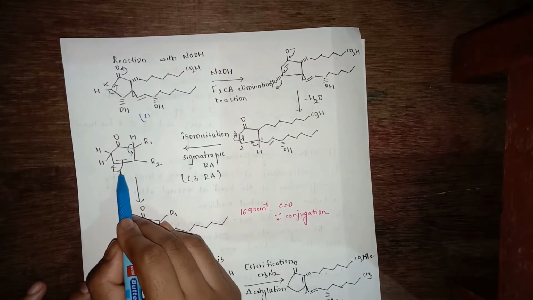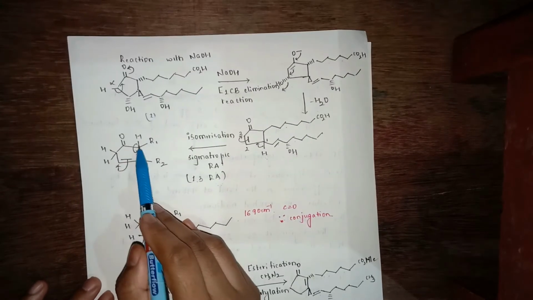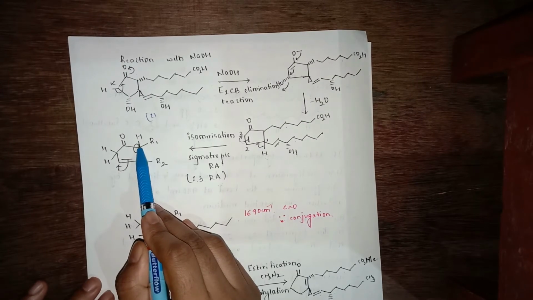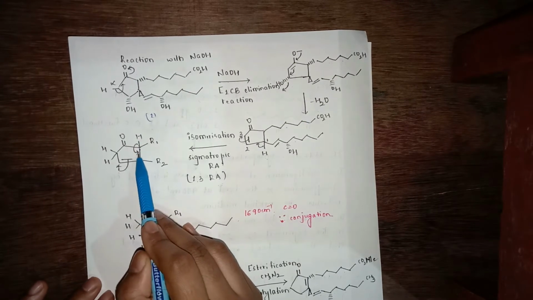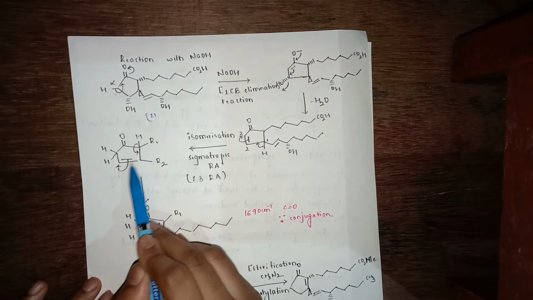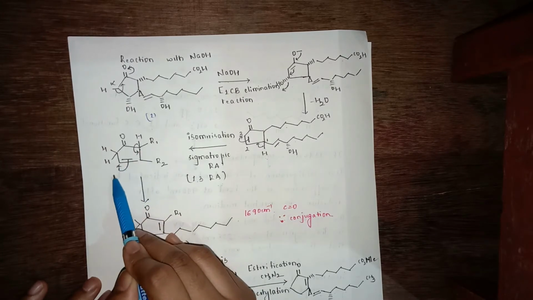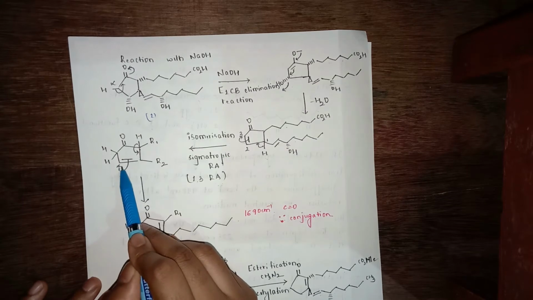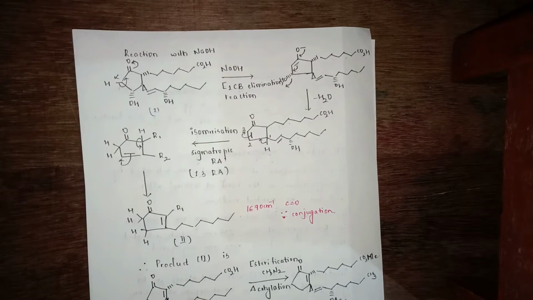Now after this sigmatropic rearrangement happens, there is another proton present over here. Now this is going to be lost. Again this proton is going to be lost, and again there is an introduction of this double bond and a proton replacement at this particular position, that is the 11 position.